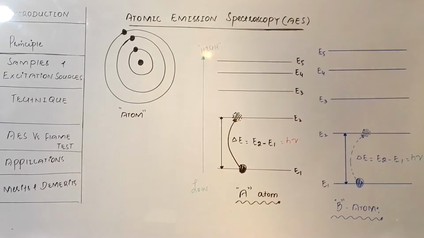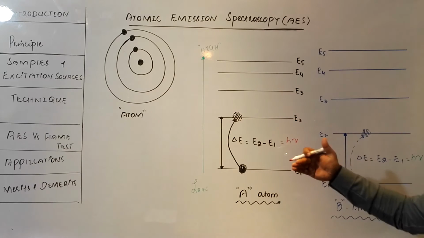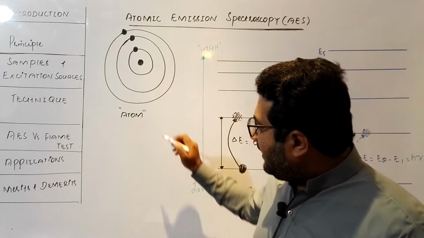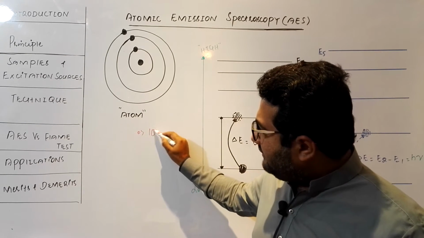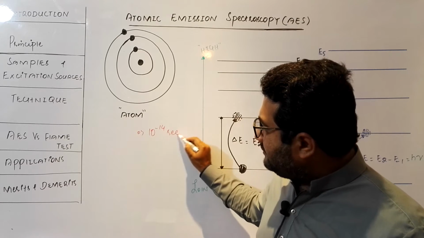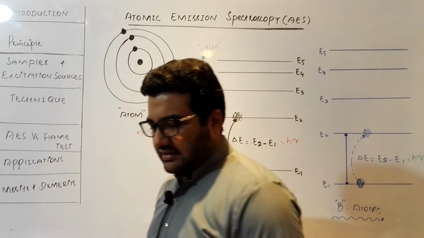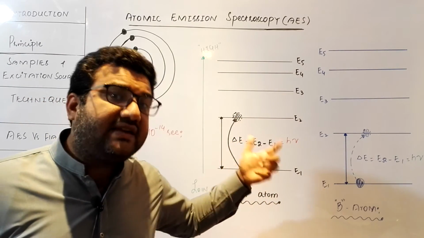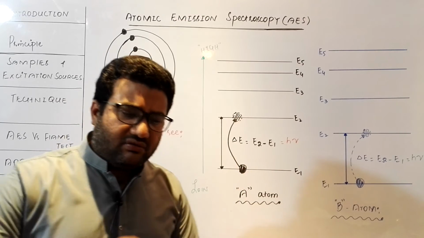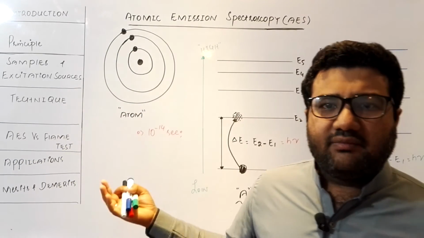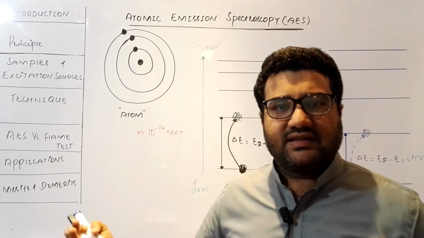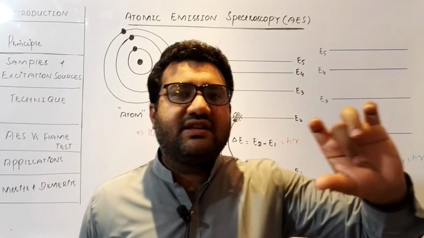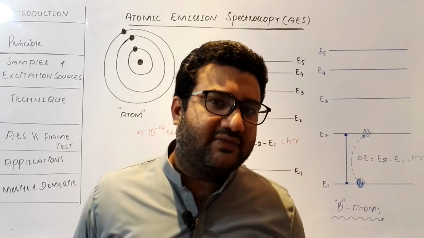But you know, every electron, when it moves from a low energy level to a higher energy level, becomes unstable. And in the higher energy level, it can spend a maximum of 10 raised to power minus 14 seconds. In some books, it is written that an electron can spend a maximum of 10 raised to power minus 8 seconds in the higher energy level. So, keeping both in mind, 10 raised to power minus 8 or 10 raised to power minus 14 seconds, it is quite evident that whenever an electron moves to a higher energy level, it spends a very short duration of time there.